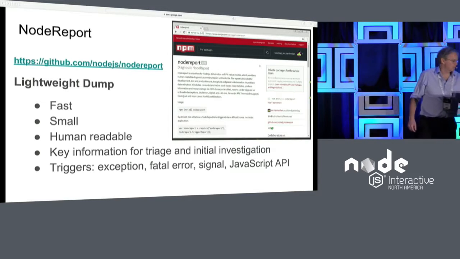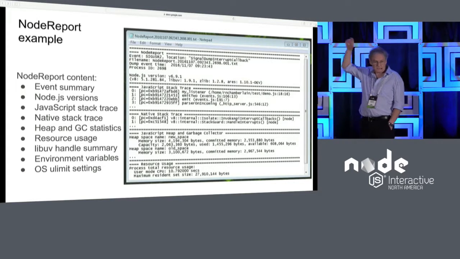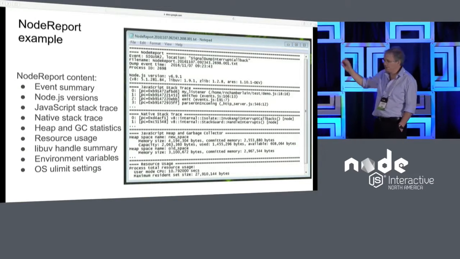And just to show you what sort of things it contains, I've got one here which I've trimmed down, but at the top there's a section that says what the event was that generated this little dump. In this case, a signal sent in, SIGUSR2. Below that, the JavaScript stack trace. Below that, the native stack trace.